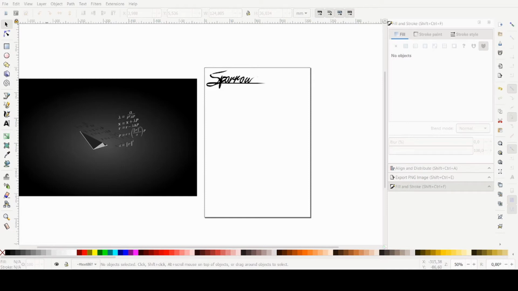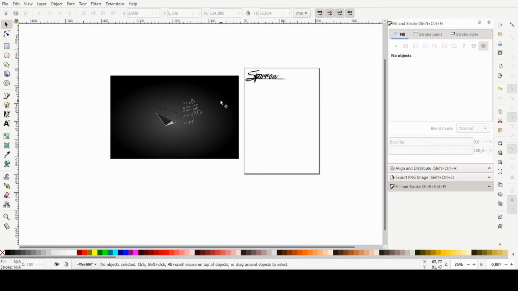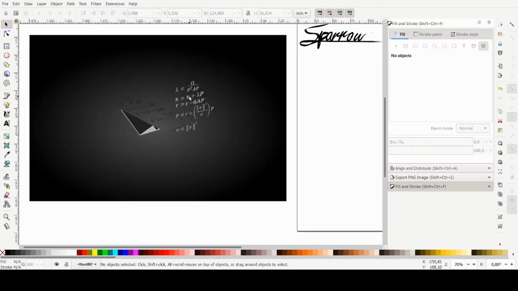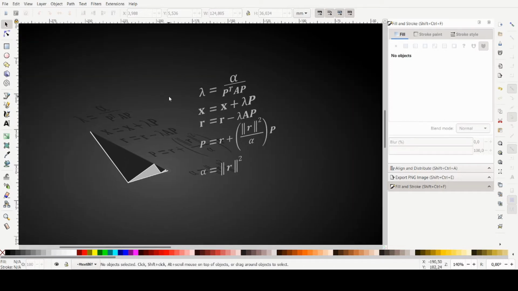Hi YouTube. So I got a request on how I did something in Inkscape, a piece of art I made after we finished an advanced design course in engineering. So basically I was really fascinated with the conjugate gradient method, and this is the formula for it over here,